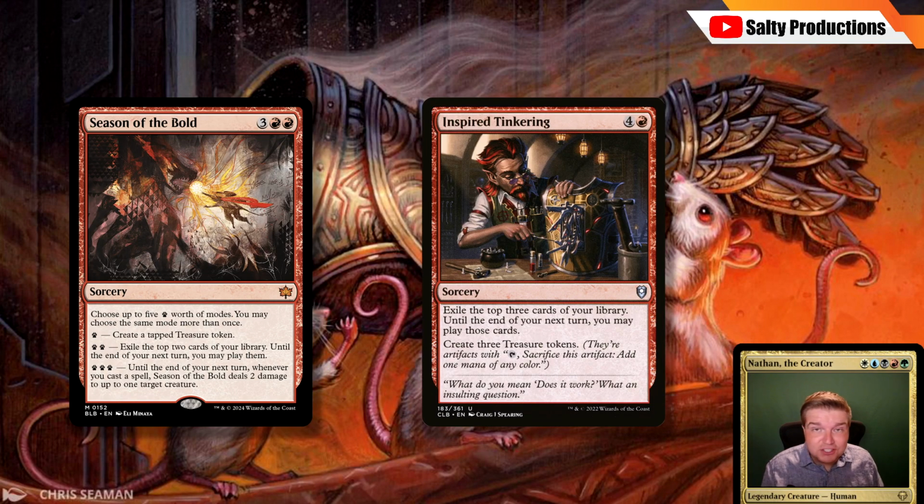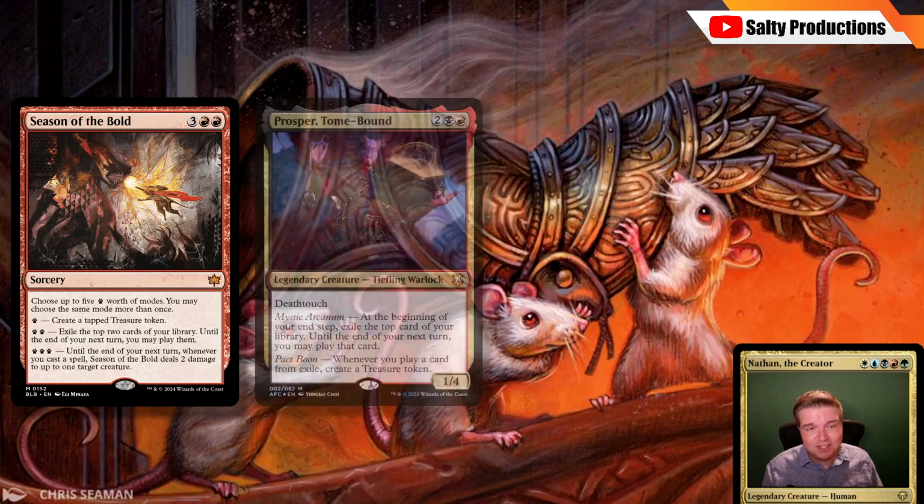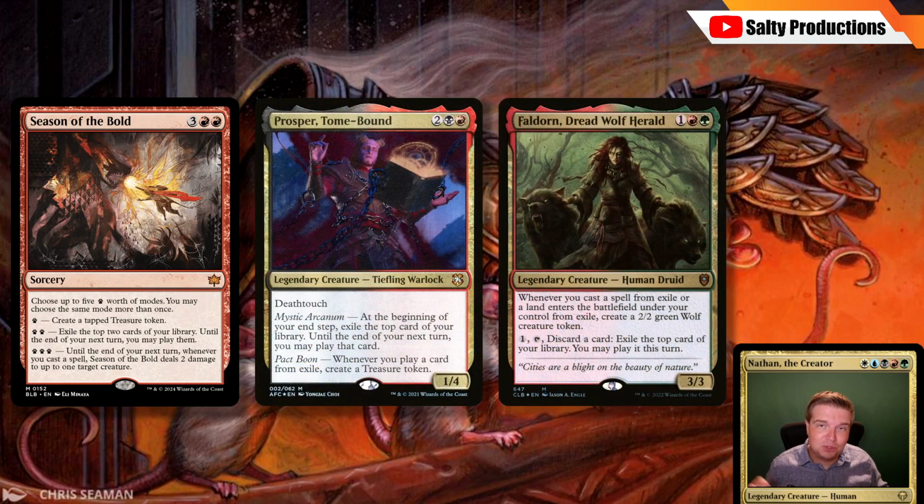If you care about Treasures, or if you care about any sort of cast from exile effects, I mean, this was minted for Prosper. I know a lot of people say in every set review, oh, this goes into Prosper, but this card was specifically printed for Prosper. I'm absolutely confident. And I included Faldorn here as just another commander that cares about casting things from exile. But of course, if you care about artifacts entering, it triggers that. It triggers your card advantage. And so Season of the Bold is just going to be powering a lot of red decks in the near